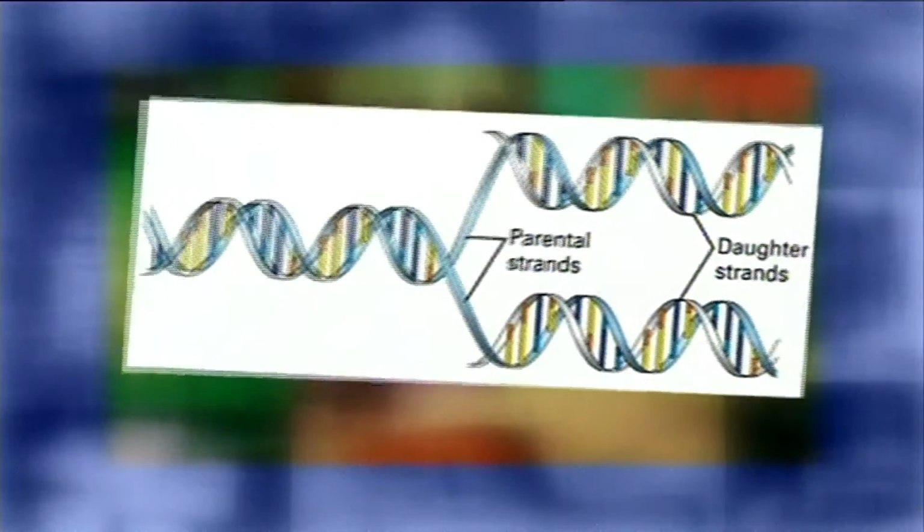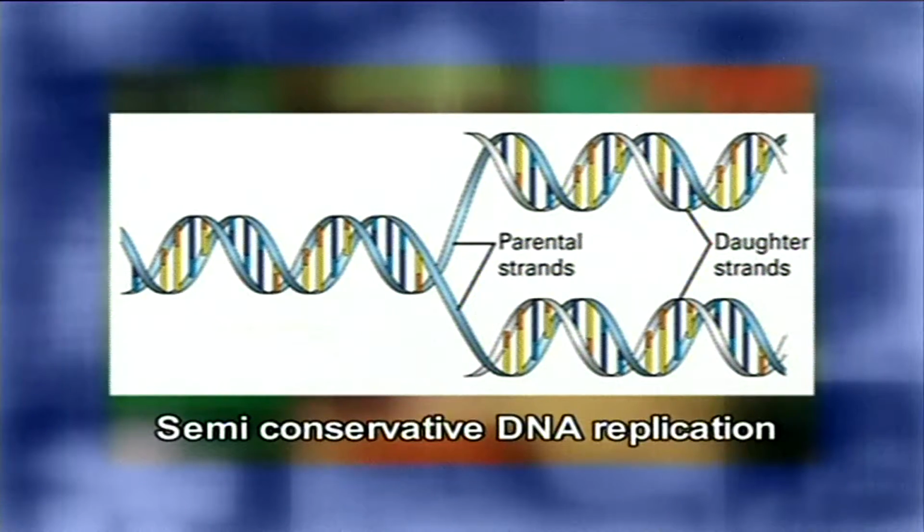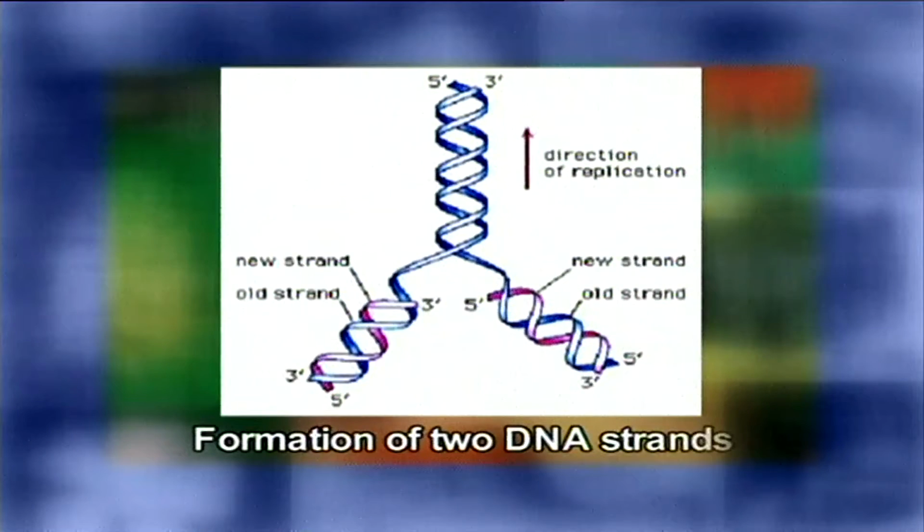Semiconservative DNA replication. In semiconservative replication, each DNA strand serves as a template for the synthesis of a new strand. As a result, two new DNA molecules will be formed, each with one new strand and one old strand. Watson and Crick proposed the hypothesis of semiconservative DNA replication, which was proved by the experiments of Meselson and Stahl